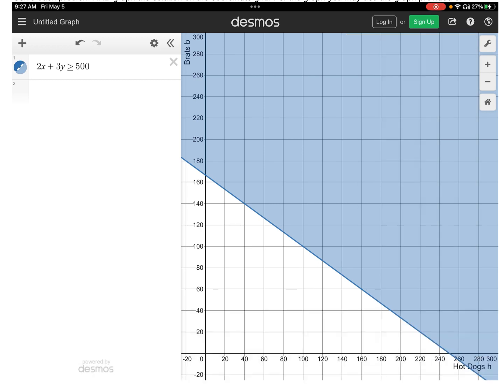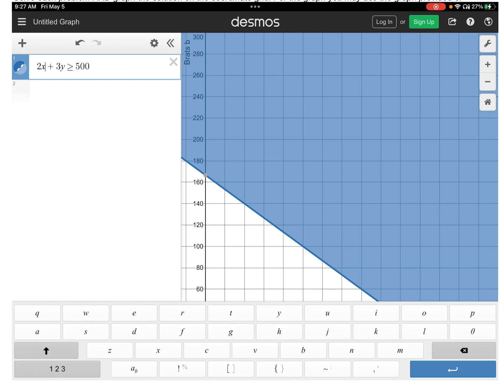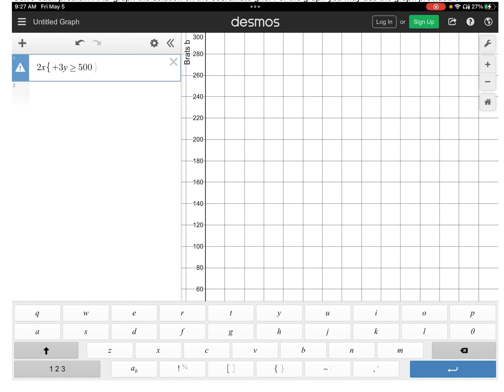Now, what you see here is on the left, notice that it goes all the way past the y-axis into the negatives. Everything above the line is a solution, but we can't have negative brats or negative hot dogs. So one of the things you have to change here is make it so it's x greater than or equal to 0. We can do that by using the little brace in the middle, we're going to use x